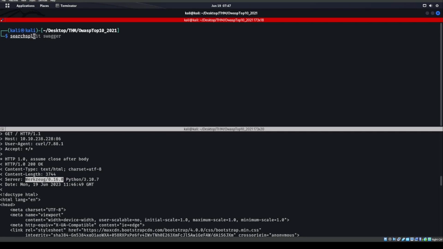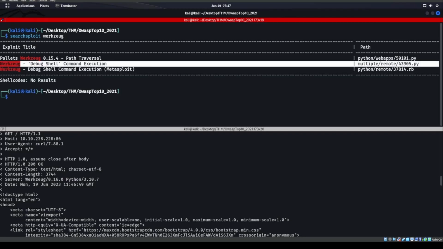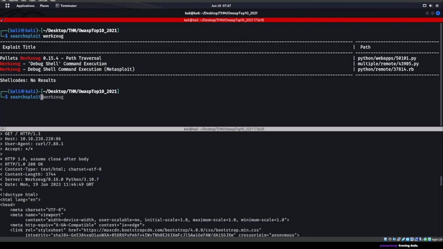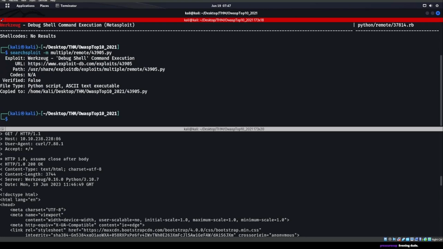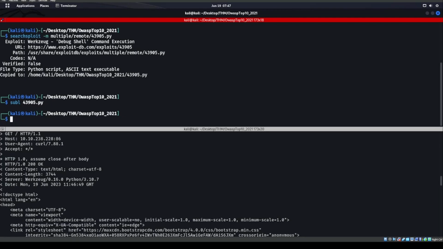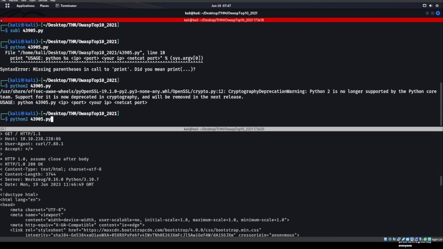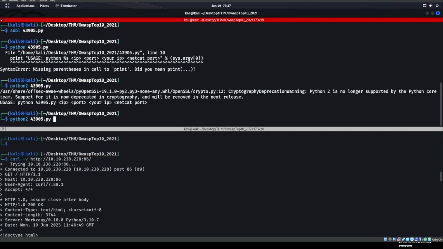So if we search exploit Werkzeug, we actually get this debug command execution. I wonder if this is what it's talking about, because I've never gotten this to work. So this is a very exciting attack for me right now. Okay, IP, port, your IP, netcat, port. Okay, let's try it. The IP address is this. On port 86, my IP address is